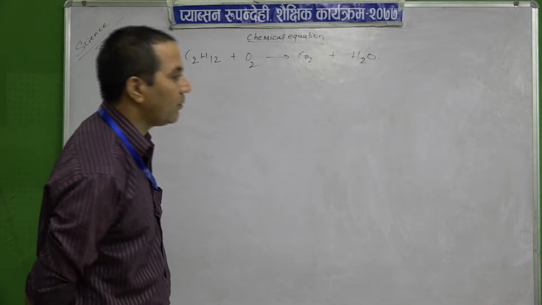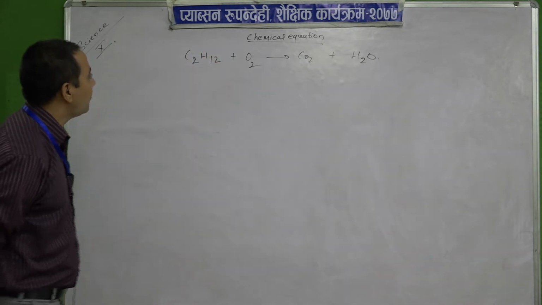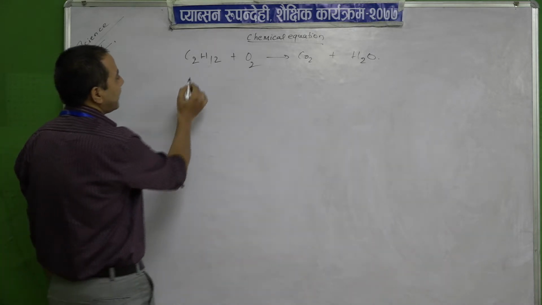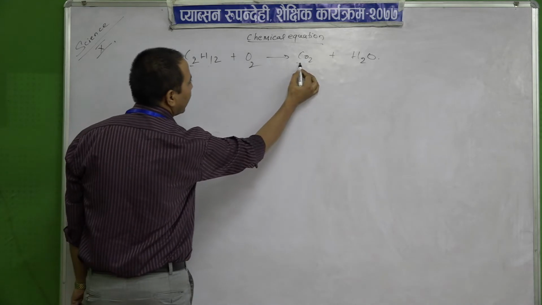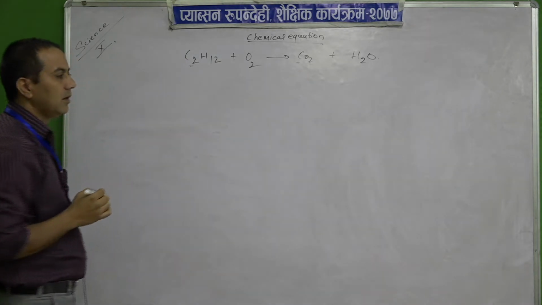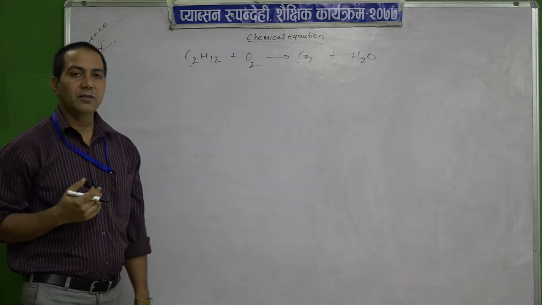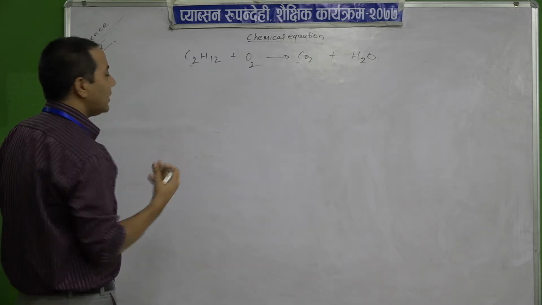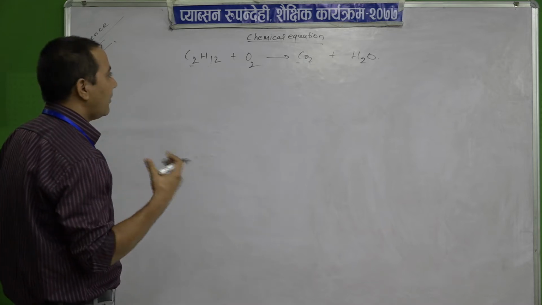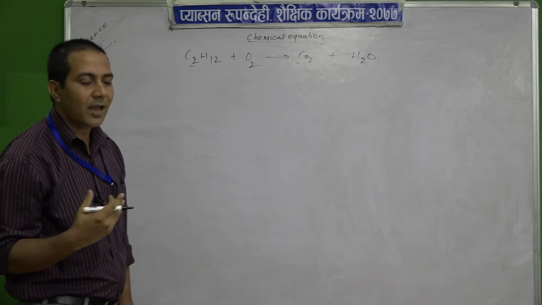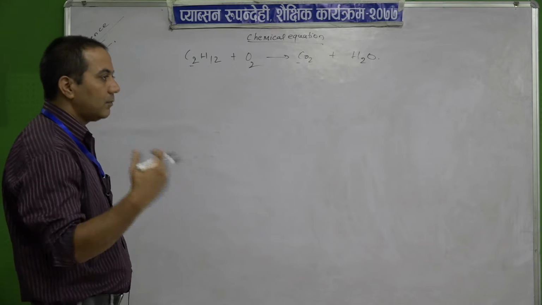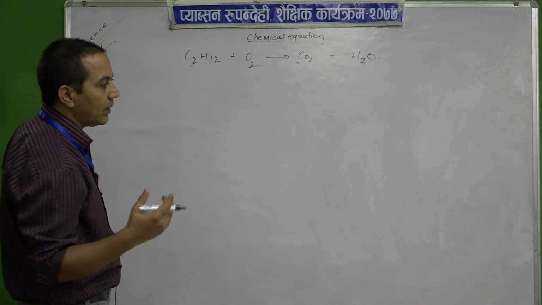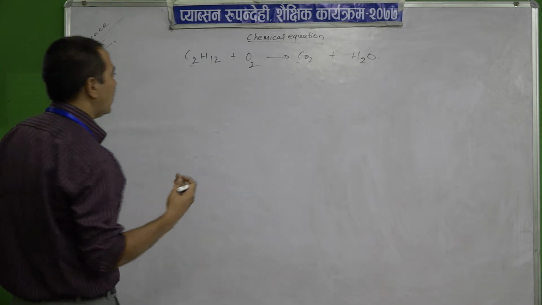Now, what is the problem they face? They face the problem of where to put the coefficients. The usual practice is that you calculate the number of atoms of carbon and so on. So, let us try another method which makes it easier. We will use alphabets for balancing the chemical equations. I will try lots of examples and you will also practice them, so it will be easier for you to understand.